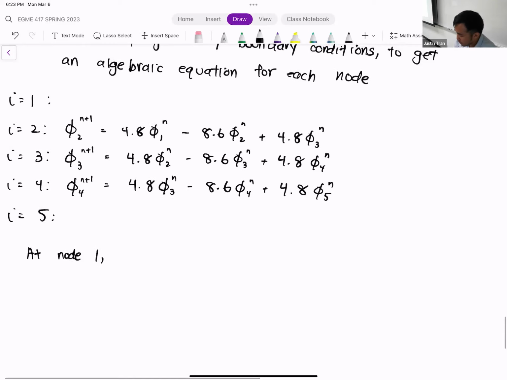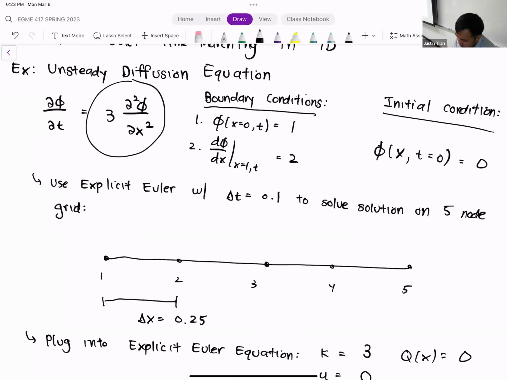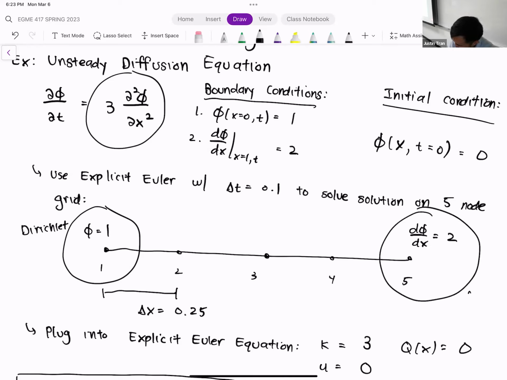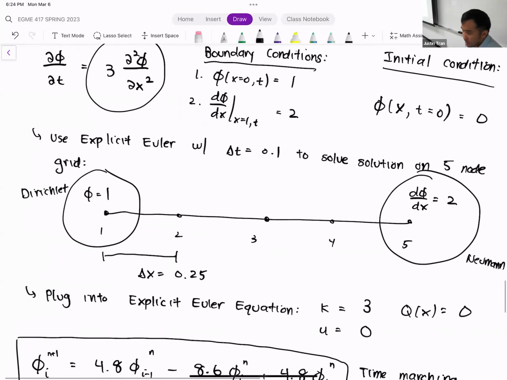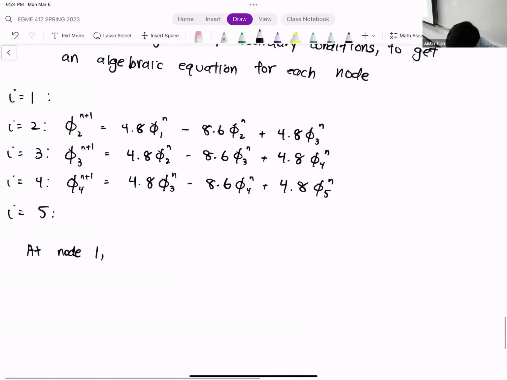So let's go back to the original problem statement and see what the boundary conditions are. Okay. And so on the left-hand side at node 1, we have a Dirichlet boundary condition, right? So phi has to equal 1 on the left-hand side of the domain. Okay. So this is our Dirichlet boundary condition. And on the right, we have a Neumann boundary condition. So let's write out their equations as if it were a steady one, and then we'll make the modifications for unsteadiness. Okay, so at node 1,